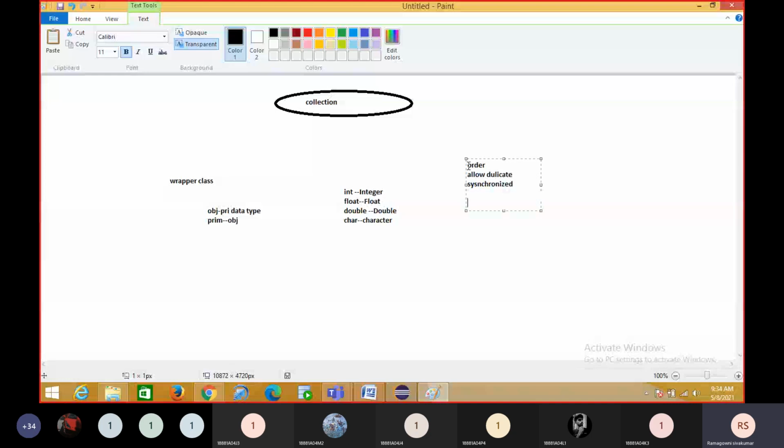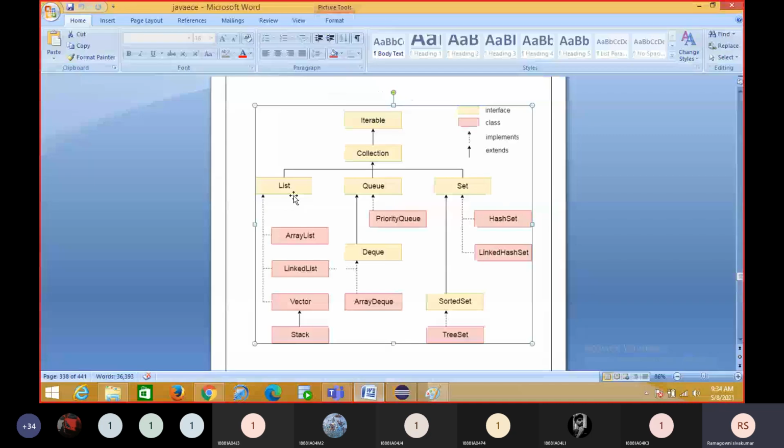These four things you need to remember for every collection class. Here, the List interface